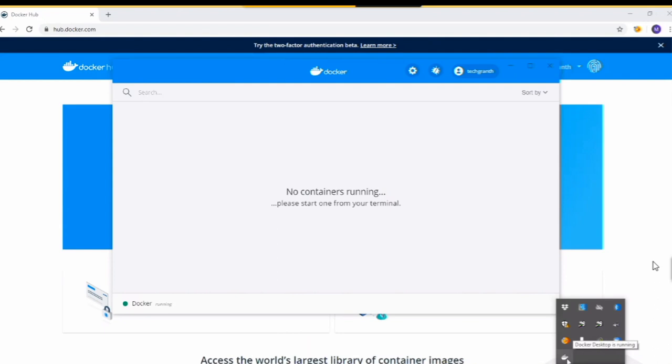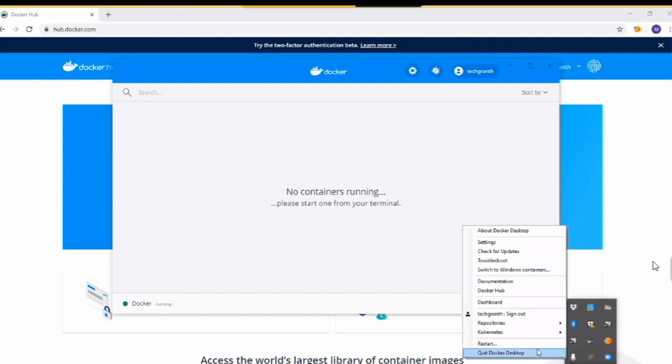It is mentioned that Docker Desktop is running, and if I right click, we can get different options here: Docker Desktop settings, check for updates, Docker Hub dashboard. And you can see here we have logged in with the TechGranth user, then the repository which we are using, and Kubernetes context. If we have a Kubernetes cluster, we can switch to that as well.